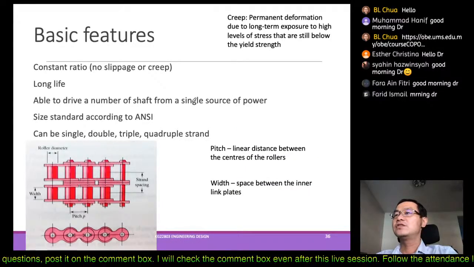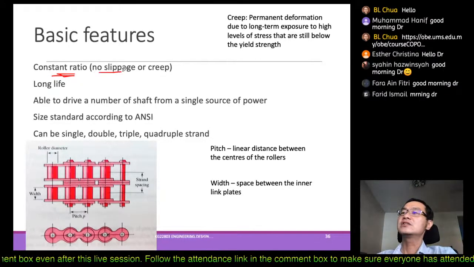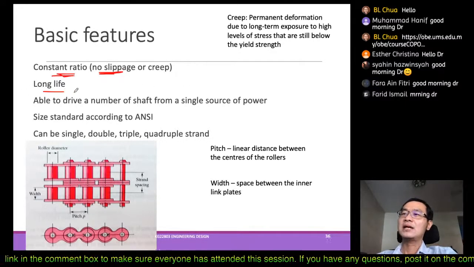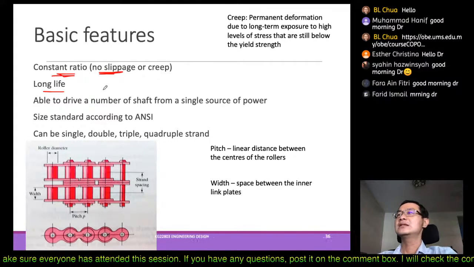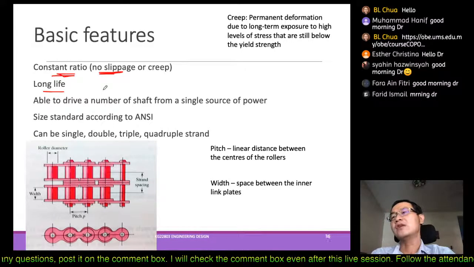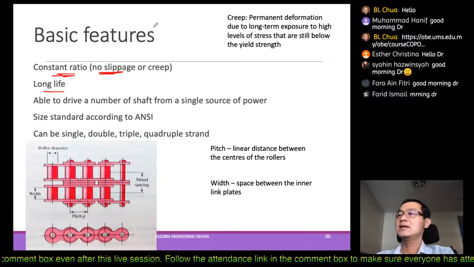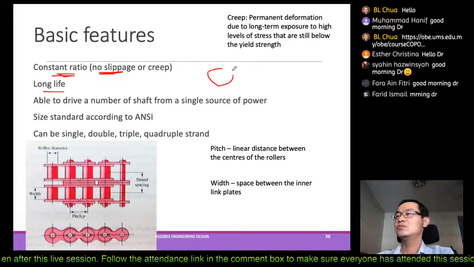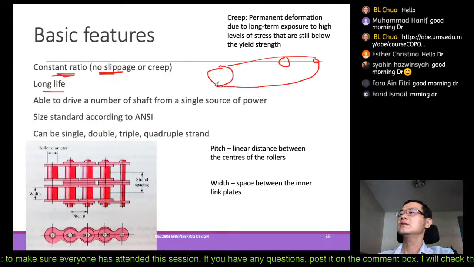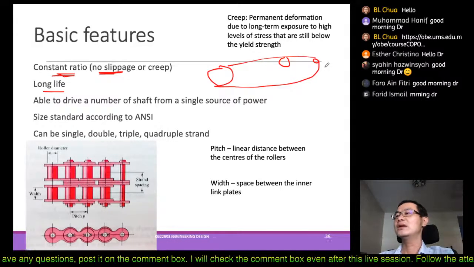The basic features include a constant ratio. For sure there is no slippage or creep, and it is long lasting, just like the one you use in your motorcycle. It is able to drive a number of shafts from a single power source, meaning you can have one power source with 1 or 2 shafts in between, but that is very rare. Generally you can have more than one